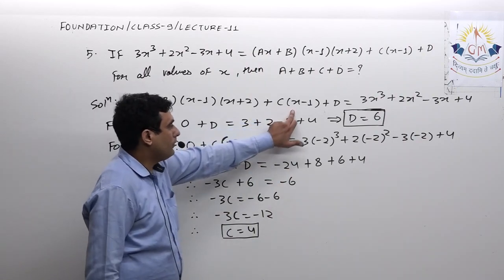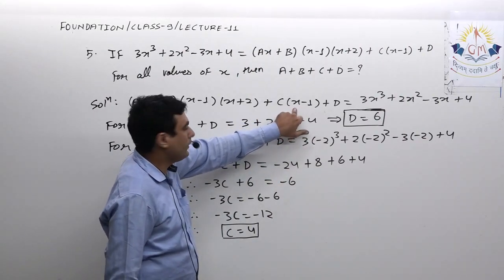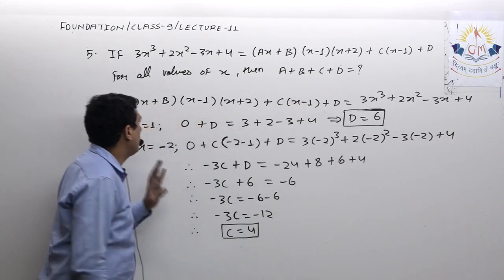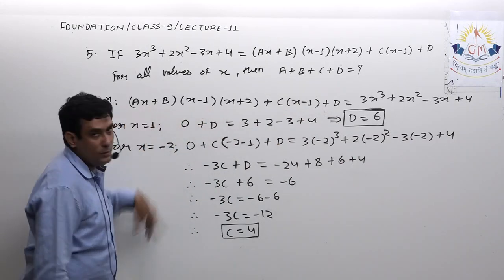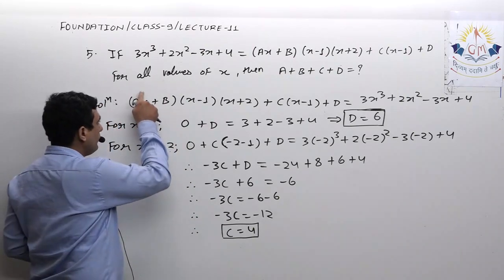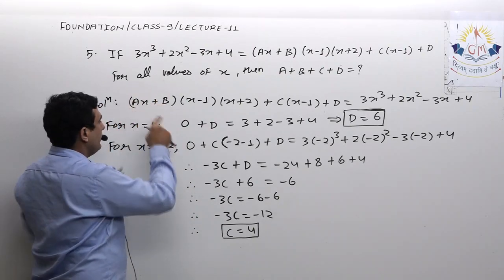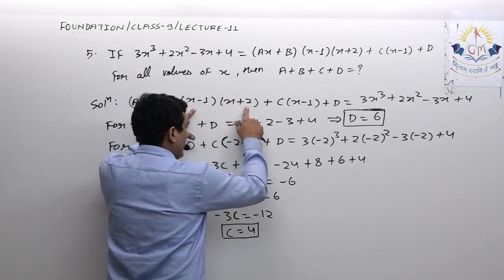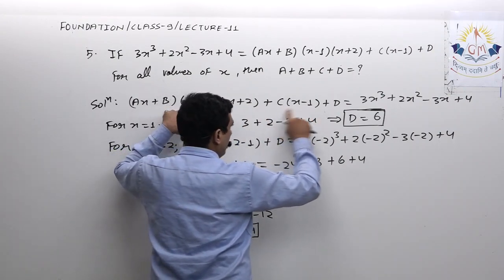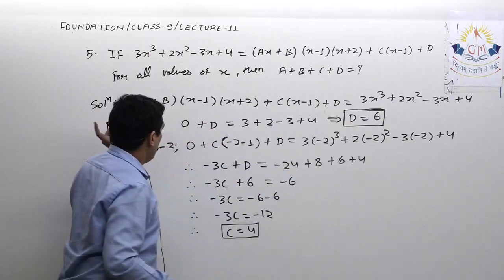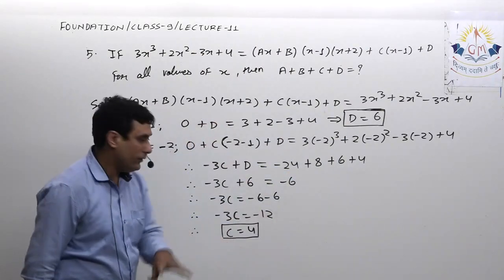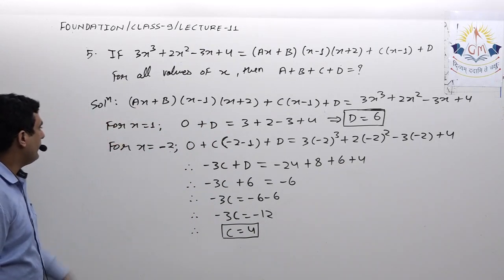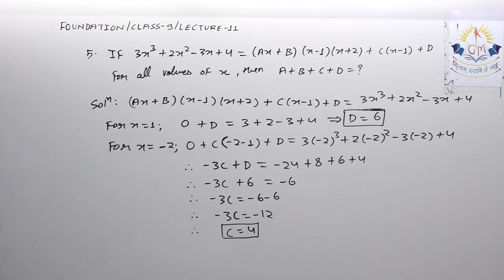See, with x equal to 1 this becomes 0, at x equal to minus 2 this becomes 0. Now what? Now if I put x equal to 0, see, this a won't be there, b will be there, 0 minus 1 I can calculate, 0 plus 2 I can calculate, 0 minus 1, c is there, d is there. So by solving this you will get the value of b. So note it down up to this point, then I will give you its further solution.